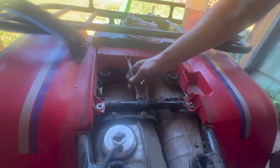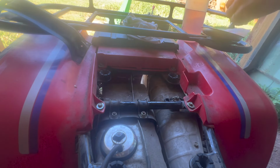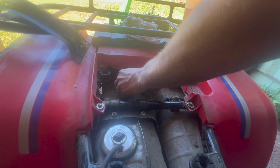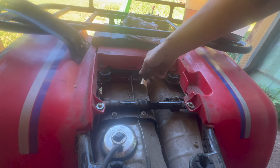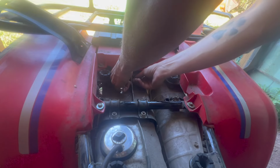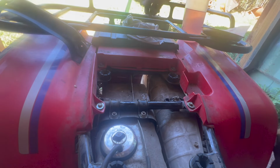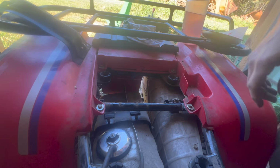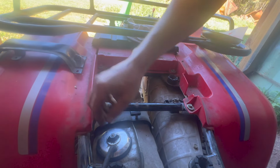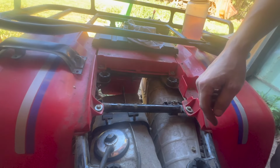So what size is that going to be? Yeah, 14. I gotta get a socket for that one. But I do have a 10, so we can get this one out. Alright. So with those 4 bolts removed, it just took off these little brackets, and now the tank is flopping around in here. Feels pretty loose. We're gonna have to take the fuel line off on the side here,